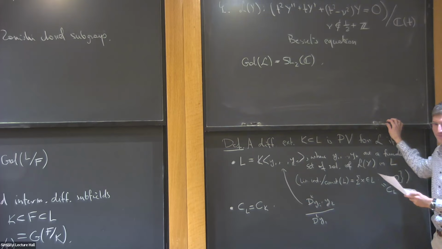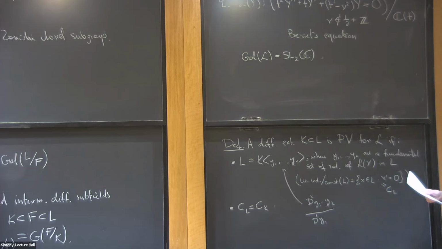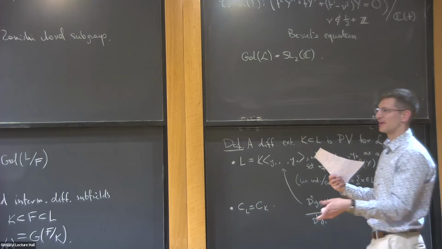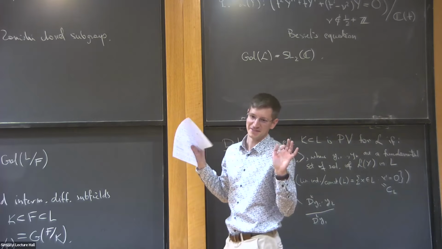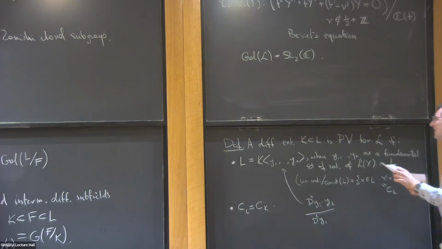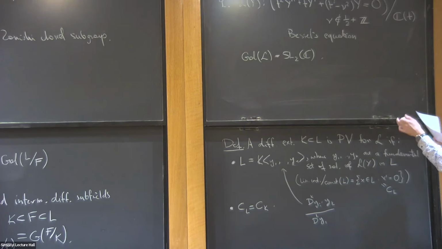Okay. Somebody gave me this equation. How would they know that it's SL2C? How do I start even to try to figure out what this Galois group is? Oh, so it's difficult in general. It's like with Galois theory. Someone gives you a polynomial equation in one variable and asks you, okay, what's the Galois group? Or maybe someone asks you, does this finite group appear as a Galois group of something? It's a bit difficult. But here actually you can also ask this: what differential algebraic groups appear, but